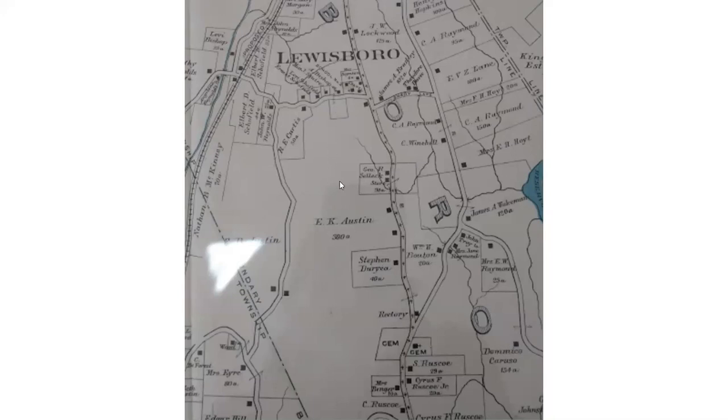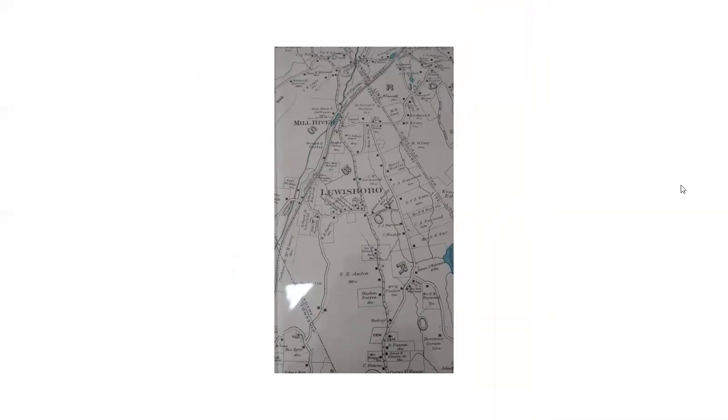Austin, huge amount of property, acres and acres and acres. And this property at some point became or was part of the Southeast Farms, which occupied both sides of 123 for miles and miles. And part of this property, there's more Austin property, went into the area that became the Lake Kitchewan community. So this map has a lot of history involved with it.